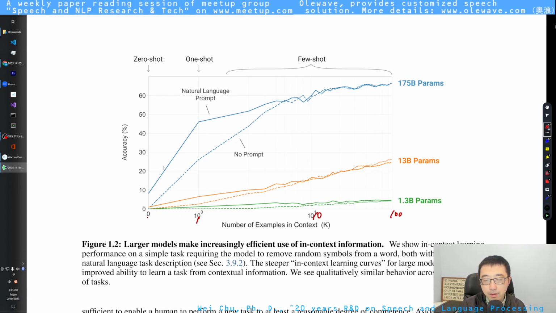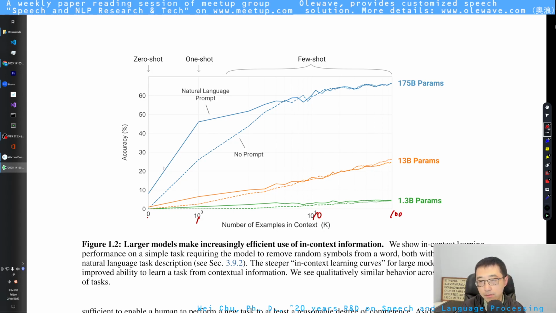And the solid line all represents with prompt. Okay. And the dotted line all represents no prompt.